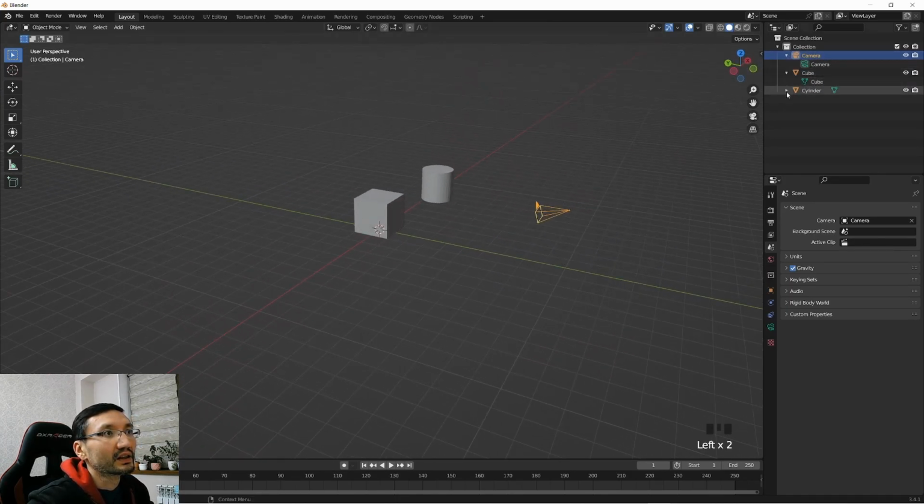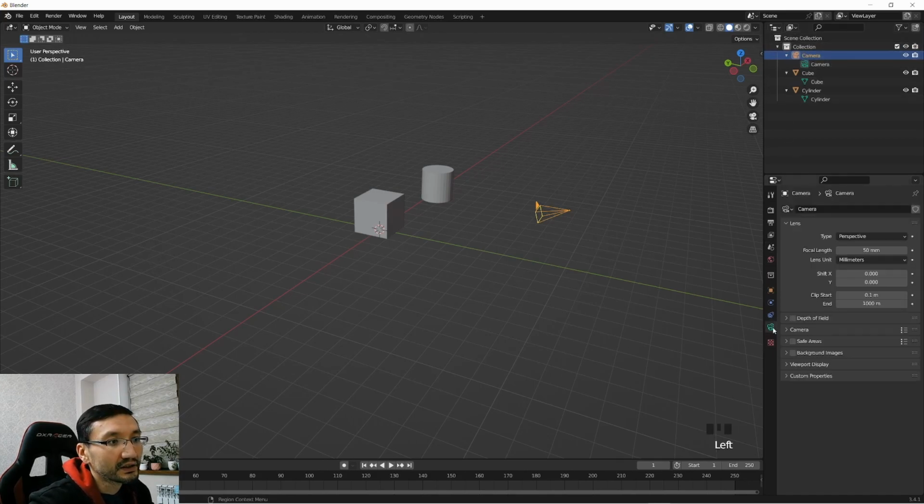And here are the data properties of our objects. If we select, for example, the camera and go here, we can see that here is the lens and the type, perspective, orthographic, panoramic, and focal length, lens unit, millimeters, field of view. Yeah, clip start, clip end. This is very, very helpful. So a lot of parameters that we can change here, like depth of field,